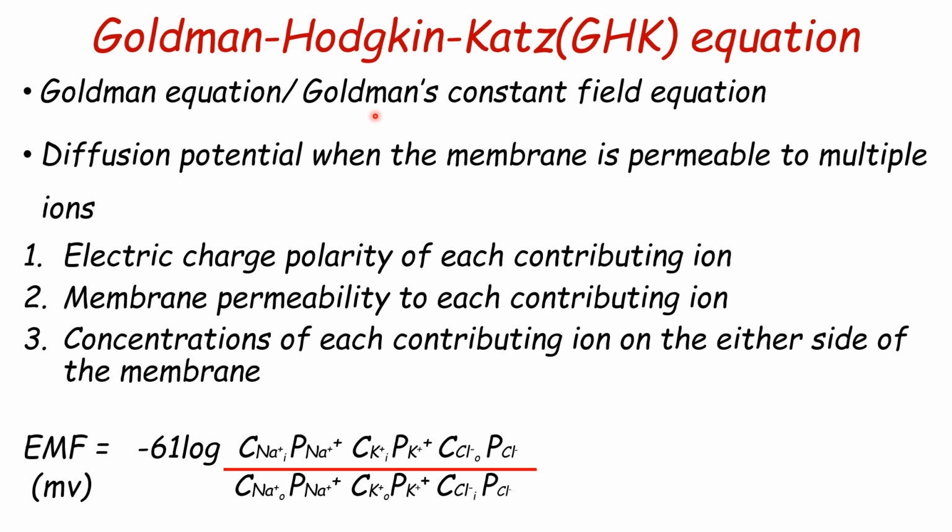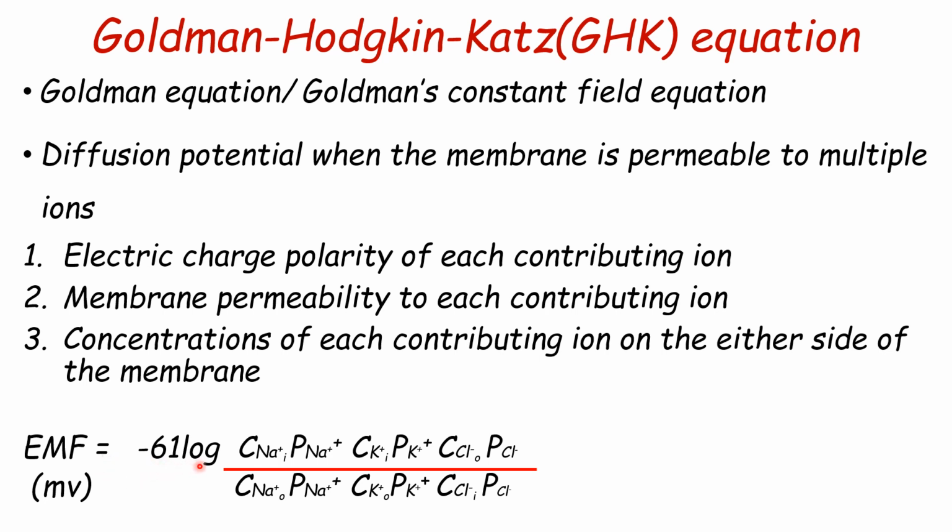This was devised by different scientists, and depending upon the name we have the Goldman-Hodgkin-Katz equation or Goldman equation, which we also call Goldman's constant field equation. Now this takes into consideration the diffusion potential when the membrane is permeable to multiple ions. So this equation can be given as: the electromotive force, which is given in millivolts, is equal